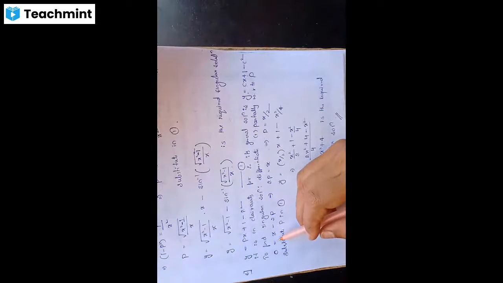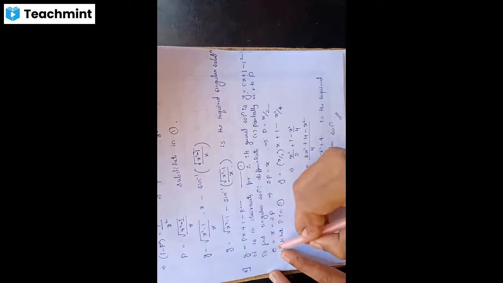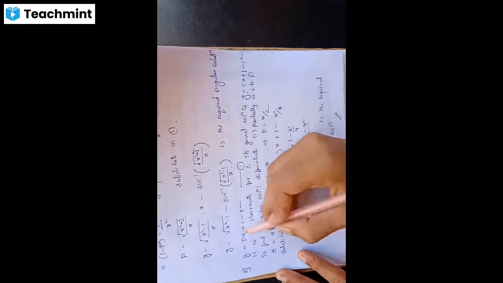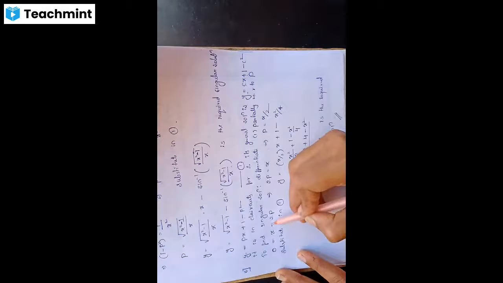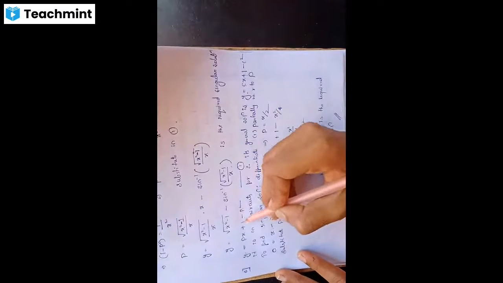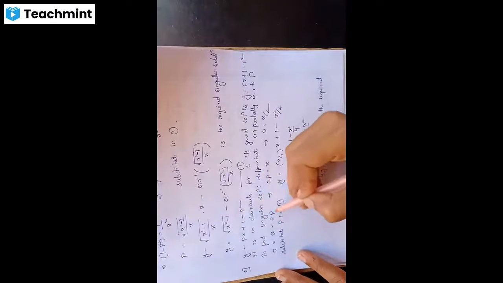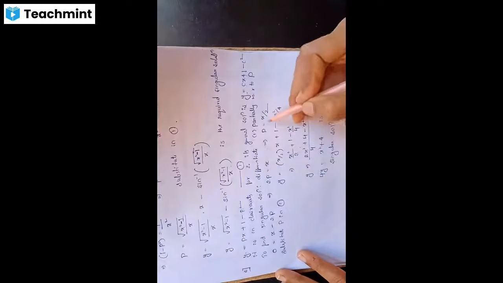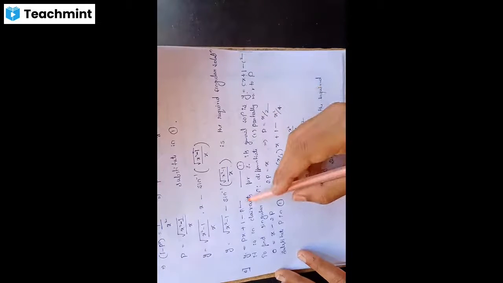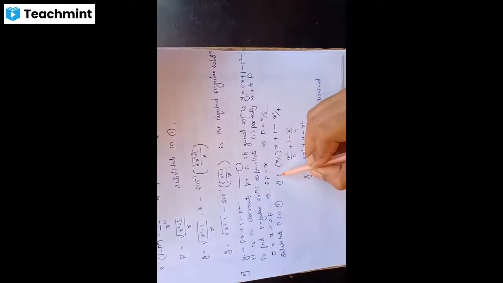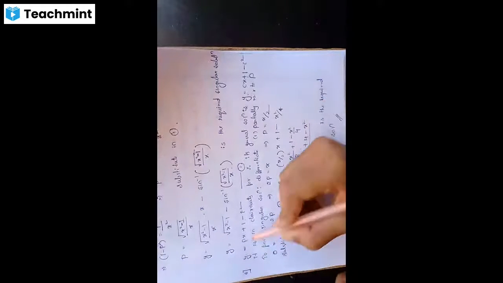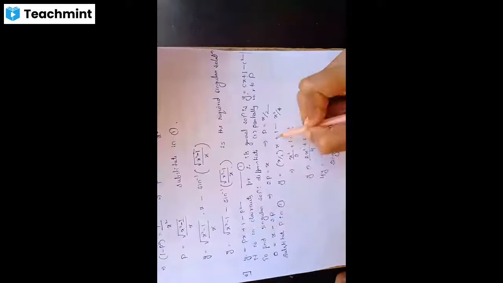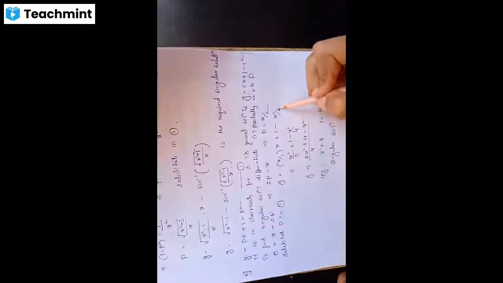We know that we have to consider only p as a variable and all the remaining terms as constants. So here also y is a constant, derivative of constant is 0, equals x is the constant, derivative of p is 1, plus derivative of the 1 constant is 0, and derivative of minus p square is minus 2p. So x equals 2p, p equals x by 2. So substitute this p value in the given equation.